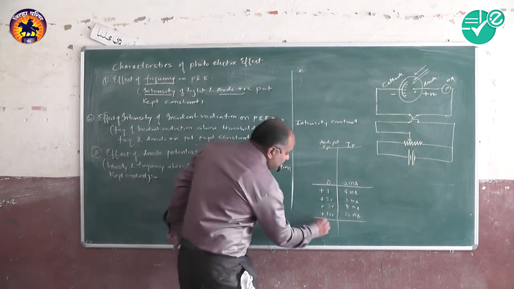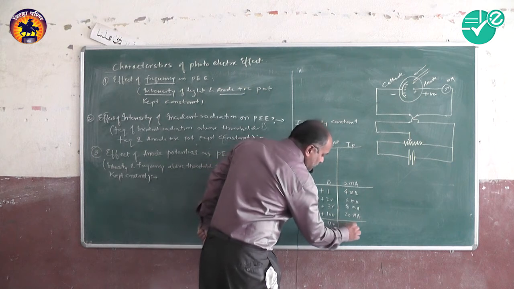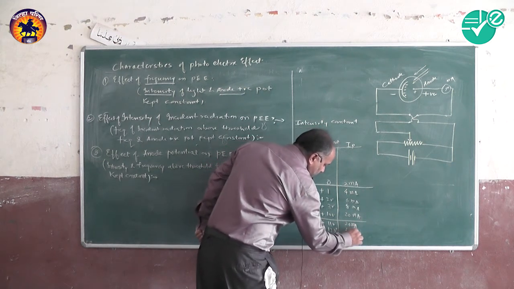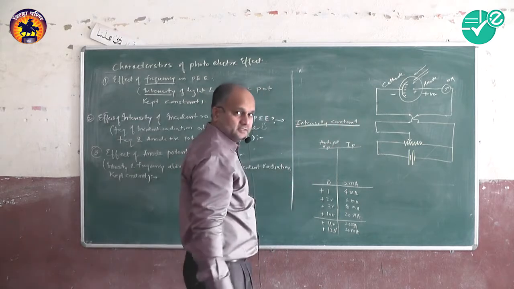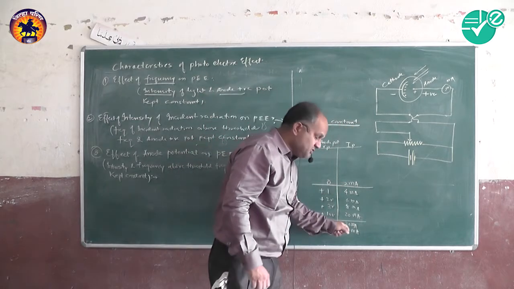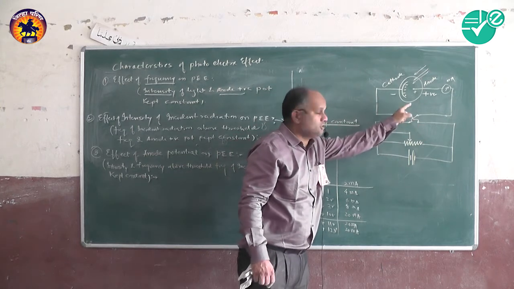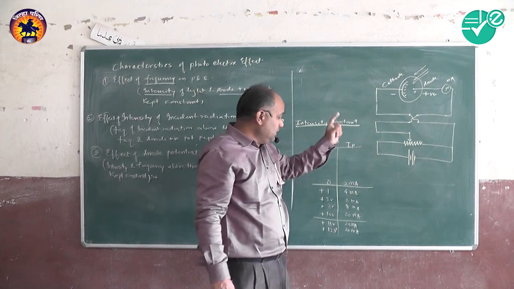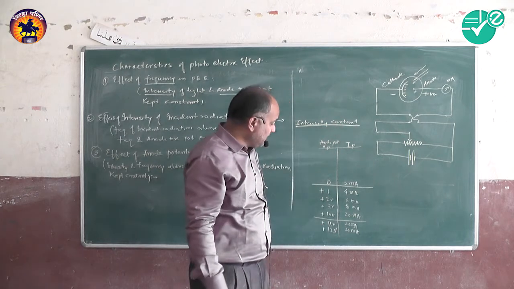Now, if I increase the potential to plus 11 volt, the current will remain constant. If I increase the potential, the current will remain constant. Why? Because we have kept the intensity constant. This has to be changed. The number of electrons emitted from the surface of the cathode has to be changed. We have to change the intensity. We have to increase it, then only will this increase. But we have kept this constant, so it will remain the same.